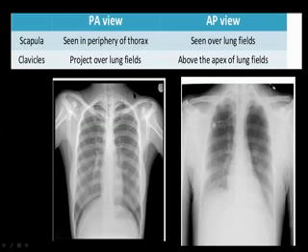Next thing is clavicles. You can see here the clavicles are projecting over the lungs. Here the clavicles are over the apex. This is the apex region of the chest X-ray. So here the clavicles are seen over the apex and they're more horizontal. Whereas in the PA view, the clavicles are more slanting and the apex is not obscured by the clavicles. So these are the two major differences most of the time.